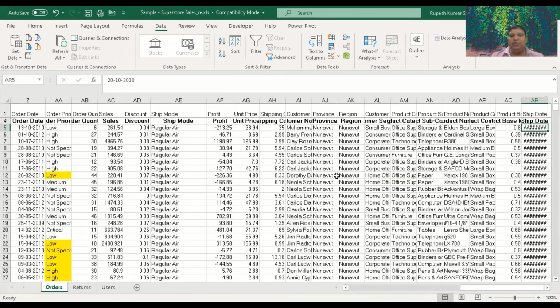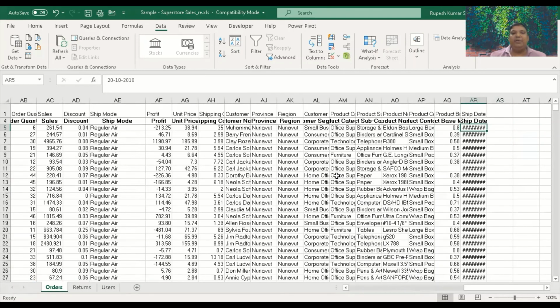Fine. So hope this feature of Excel will help you whenever you are working with ERP and so many data sets you have got and you want to work on a specific data set. You can do that. We can apply multiple filters also. So in case of multiple filter, we are required to select the entire area and then the data will come to you. Fine. So for any other details, if you want, just let me know. We can again discuss on that.